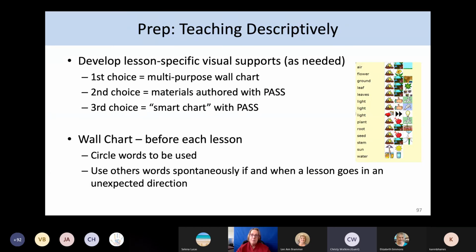So again, I've already mentioned, I try to avoid making extra visual support materials because it takes time, and half the time my teachers didn't use them anyway. So it really didn't reinforce me using it. But if a teacher really wants additional visual supports and will use them, if this is what that teacher needs to start implementing this, give it to them. But I'd like, with the wall charts, to circle those words, and then again, be able to go spontaneously when things